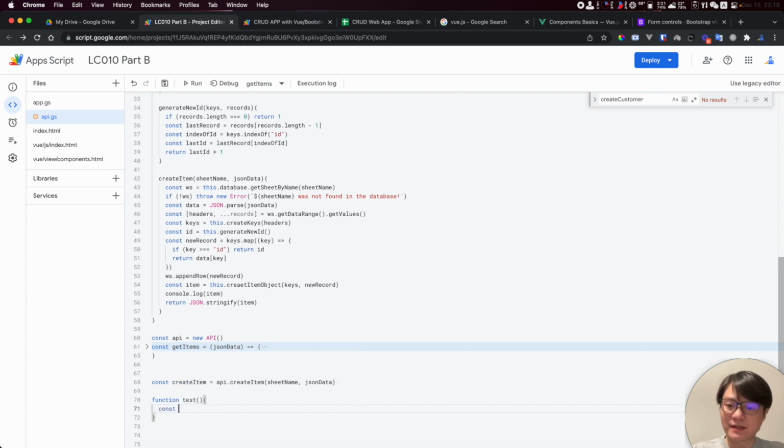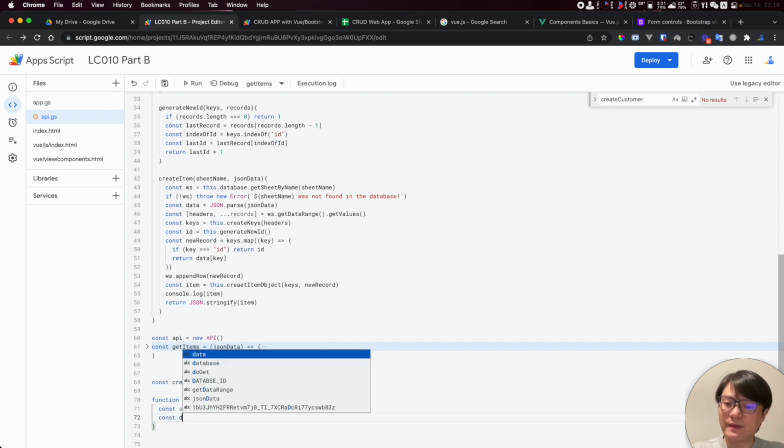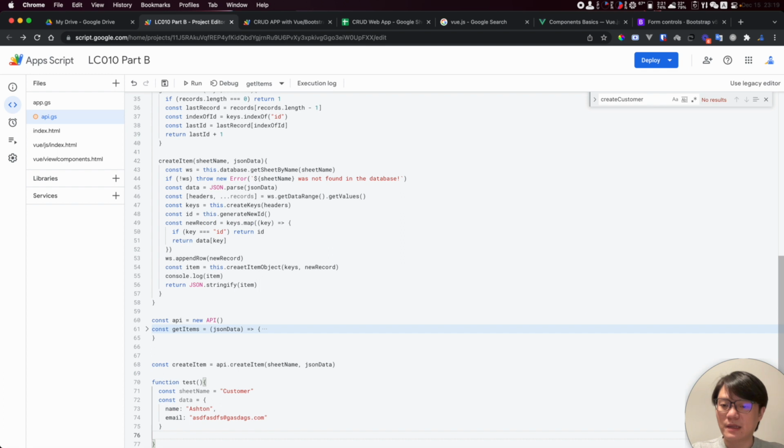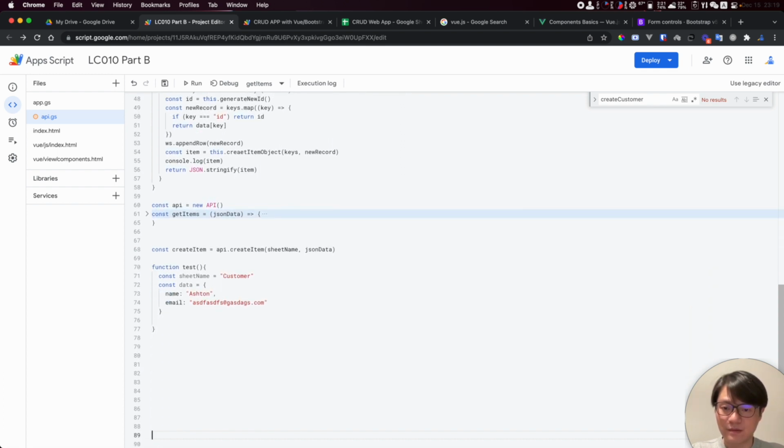So let's say const sheet name is equal to customer, and we're going to have a data. Let's say we have a name, Ashton, and email. Test. I need some space. So we can run this